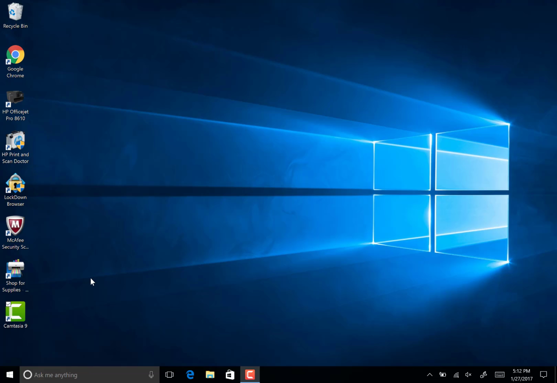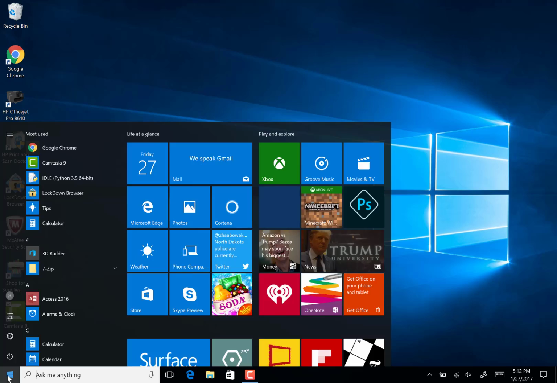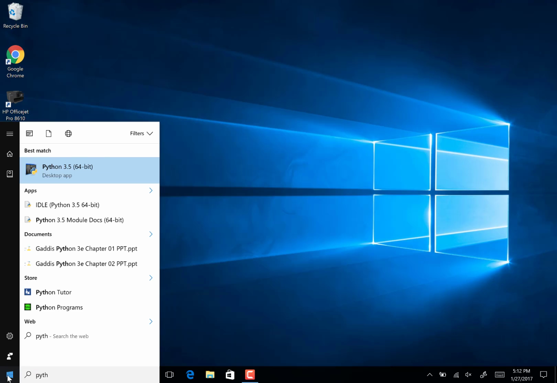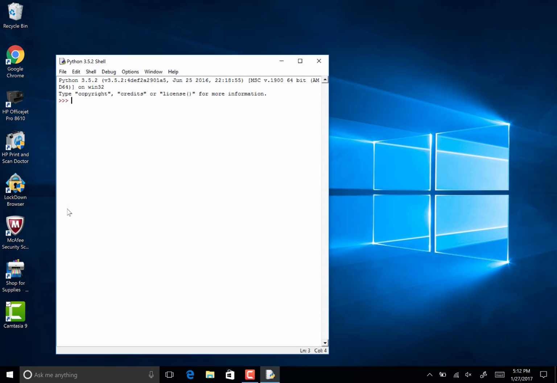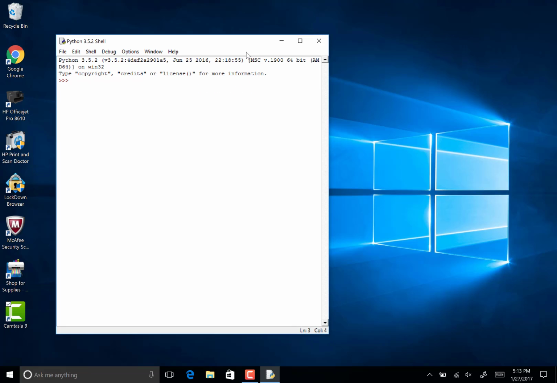I wanted to go over the Python integrated development environment, better known as Python IDLE, in class. First thing you need to know is if you're going to use Python, we need a place to type code. And we have the Python shell as part of the Python integrated development environment. We can use a Python shell